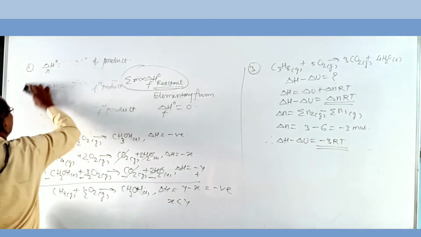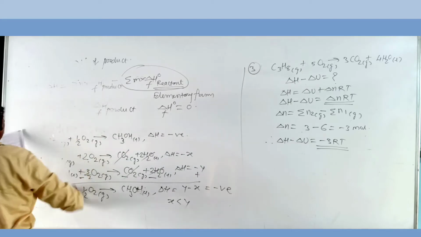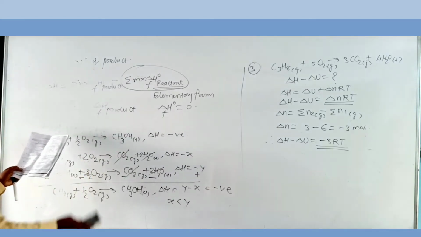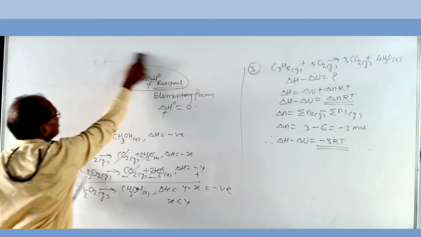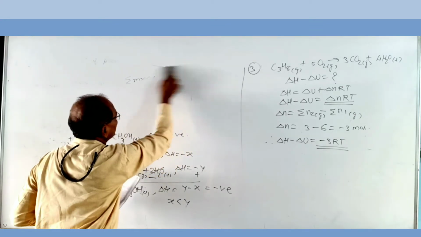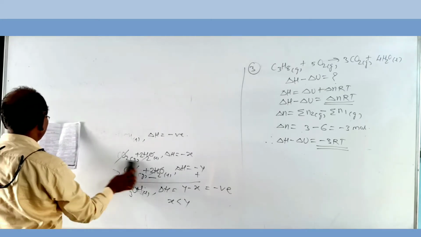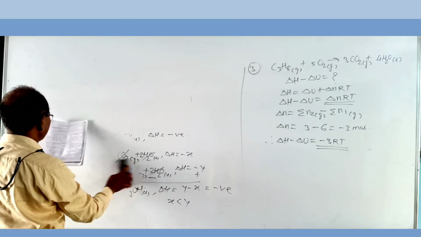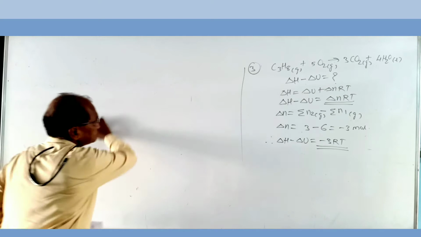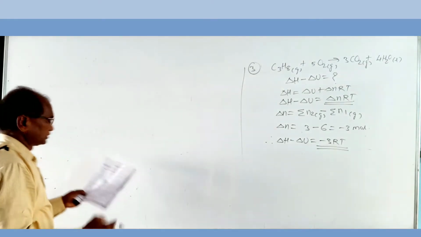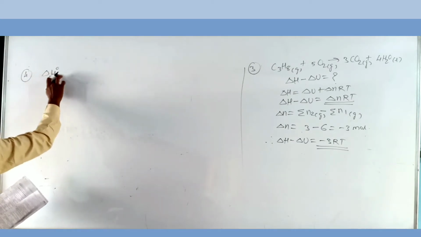In the fourth MCQ, which of the following reactions defines delta HF0 of a reaction? Same as the first MCQ, same example, but only the method of asking is different. What is the meaning of delta HF0 of a reaction? Delta HF0 of a reaction means